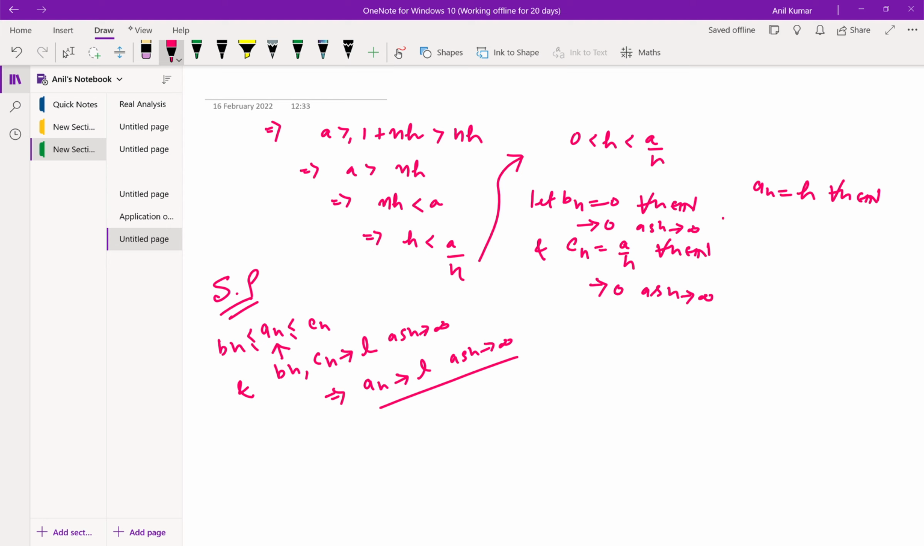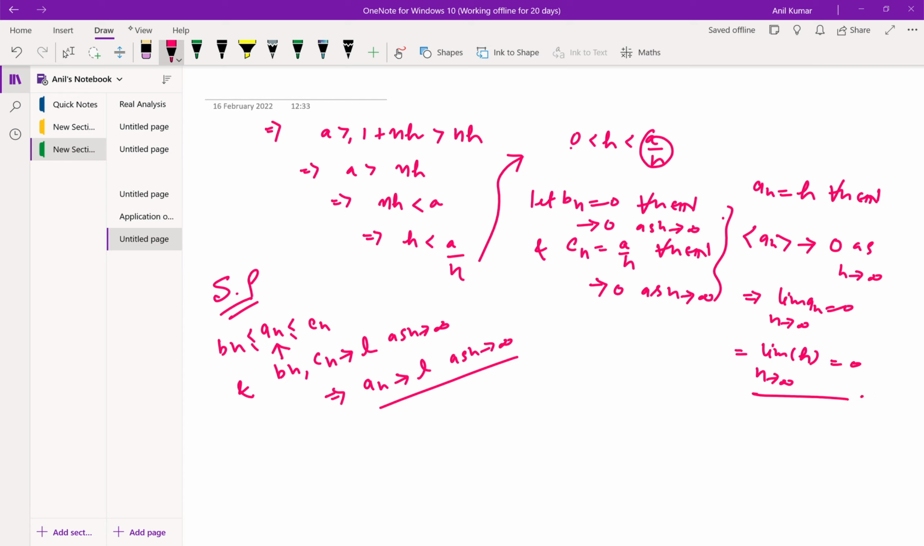अब यहाँ पे देखो ये सीक्वेंस bn, this tends to zero as n approaches infinity, this also tends to zero as n approaches infinity. It implies that by sandwich principle this sequence an will also tend to zero as n approaches infinity. तो इसका मतलब क्या हुआ, limit of an is zero as n tends to infinity, and an क्या है हमारे पास यहाँ पे, an is your h n tends to infinity, ठीक है।